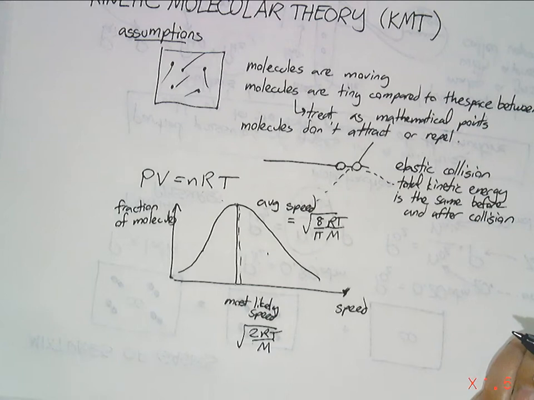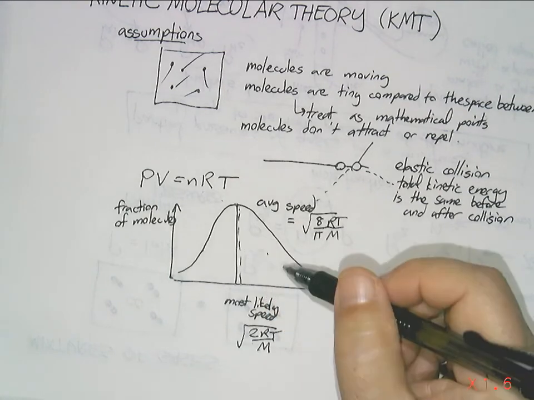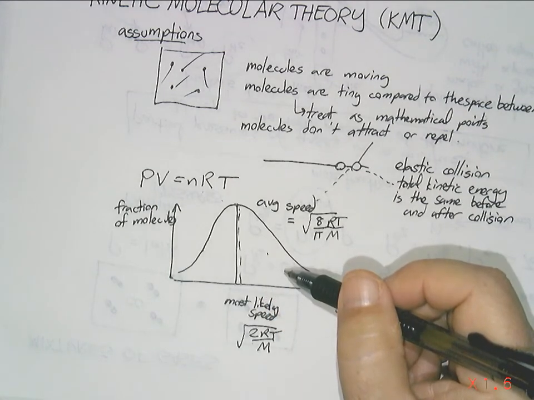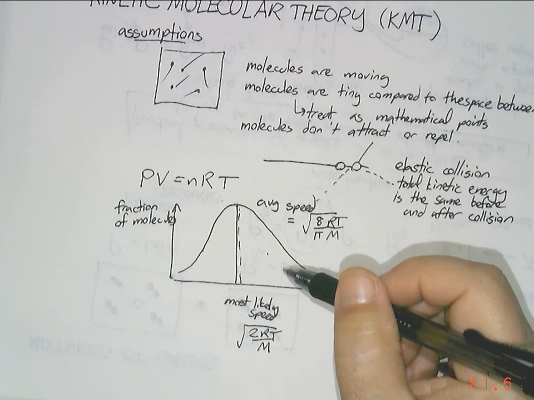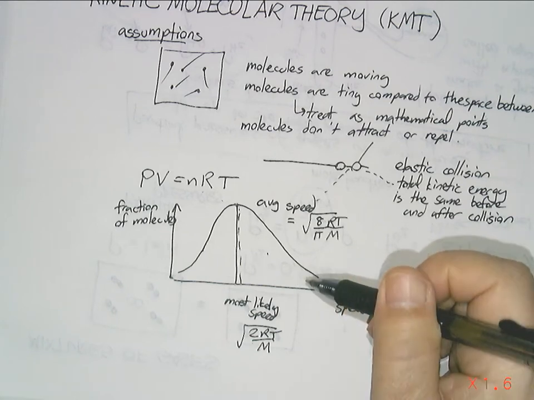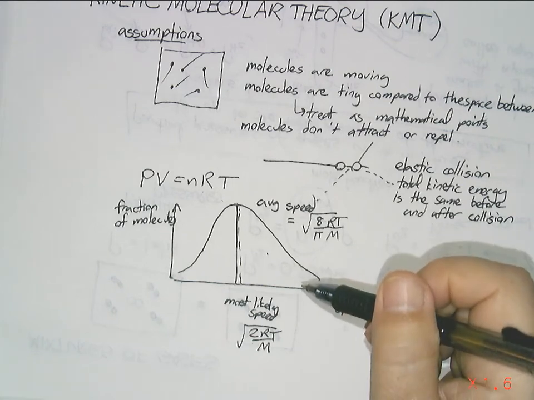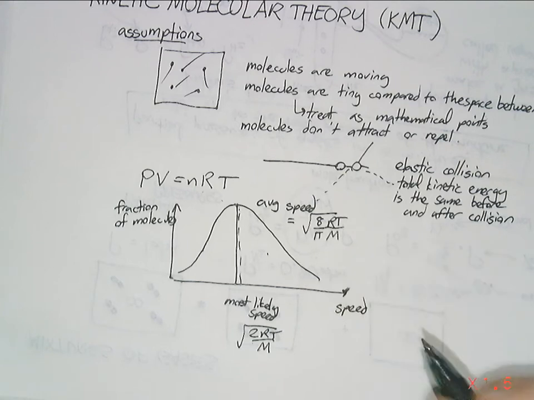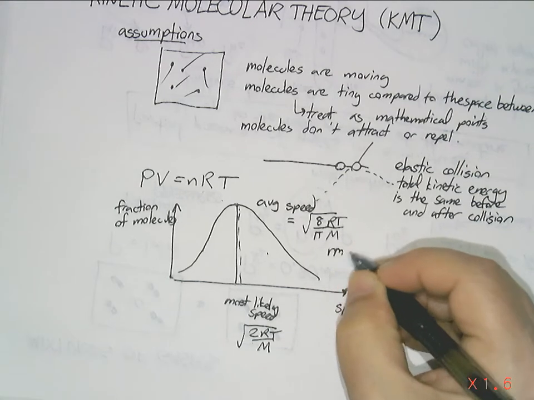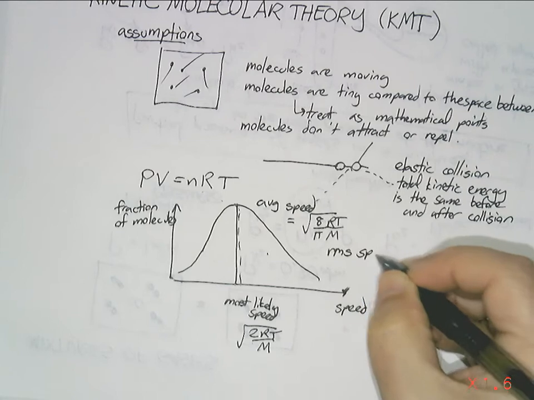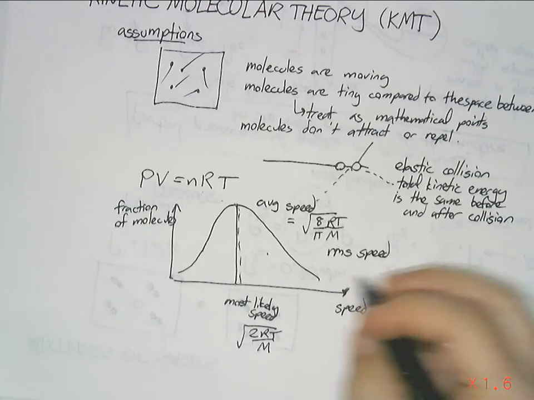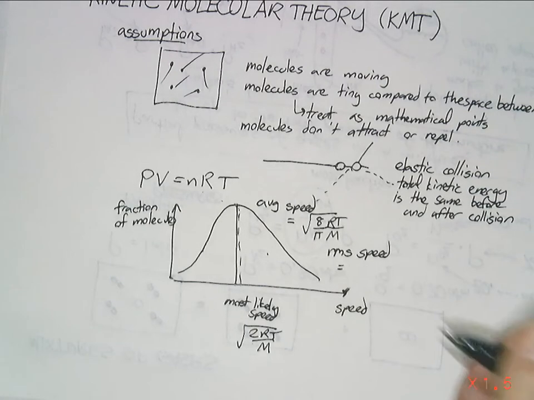And there's another average that people look at, and it's called the root mean square speed. So you took all the molecular speeds and you squared them, and you added them all up and averaged them. And then you took the square root of that. That would be called the root mean square speed. And that's equal to